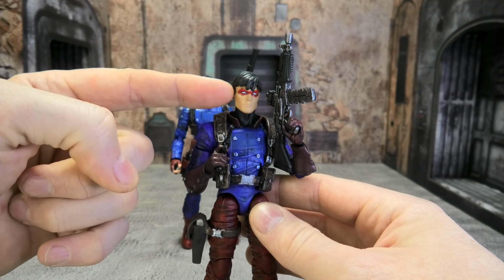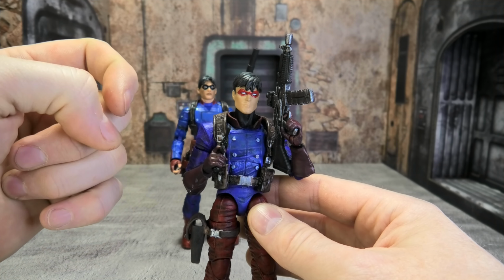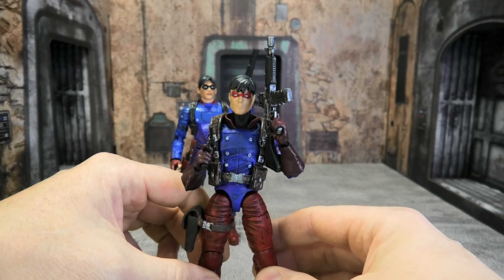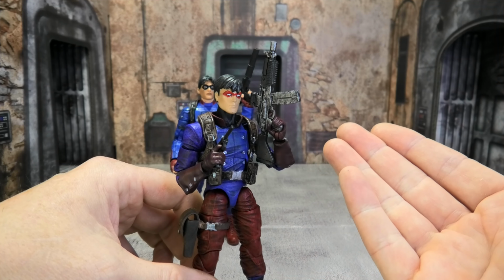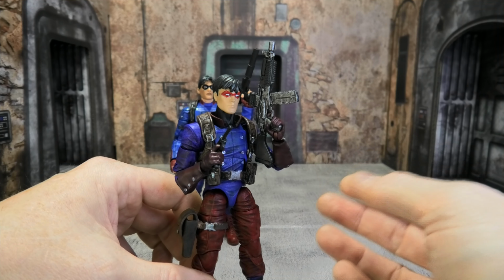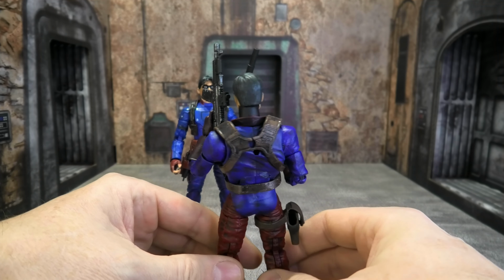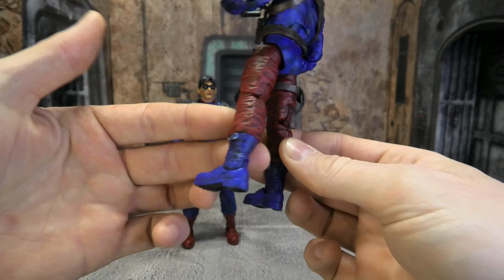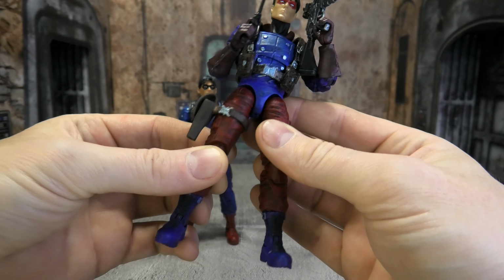The head sculpt is a Jason Todd head sculpt from DC Multiverse, I believe, which I think works out really well for this version of Bucky. Now, he is holding an AK, which obviously didn't exist in World War II, but he needed a good kind of classic military gun there. So we've got the brown straps. Again, painted up the buckles there on the boots,